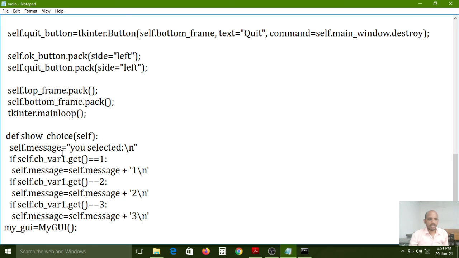So self.message equal to sh1 if self.cb variable 1 dot get equal to 1, variable 2, here variable 3. So like that you can use.